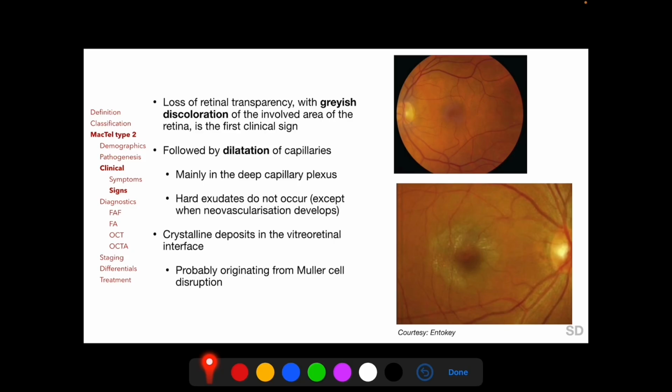And this grayish discoloration is followed by dilatation of capillaries, mainly in the deep capillary plexus. As we have mentioned earlier, exudation does not occur in eyes with MacTel type 2. Crystalline deposits, as seen here in this clinical photograph, occur in the vitreoretinal interface in eyes with MacTel type 2, and these crystalline deposits probably originate from Müller cell